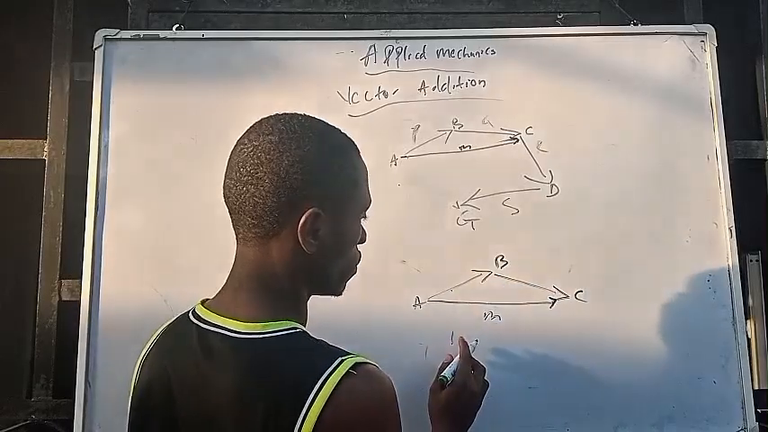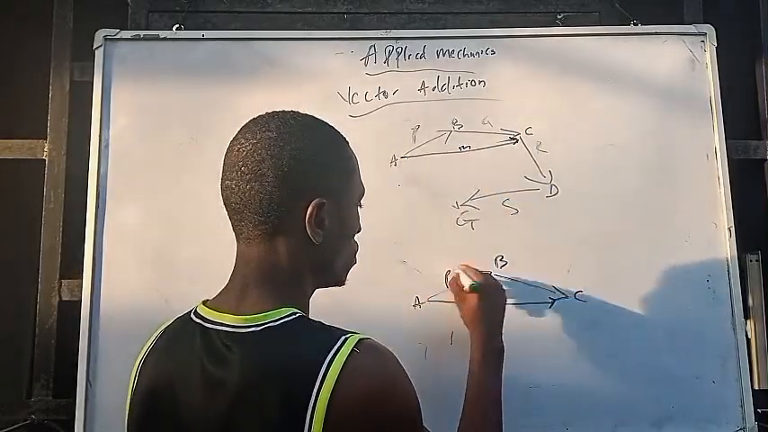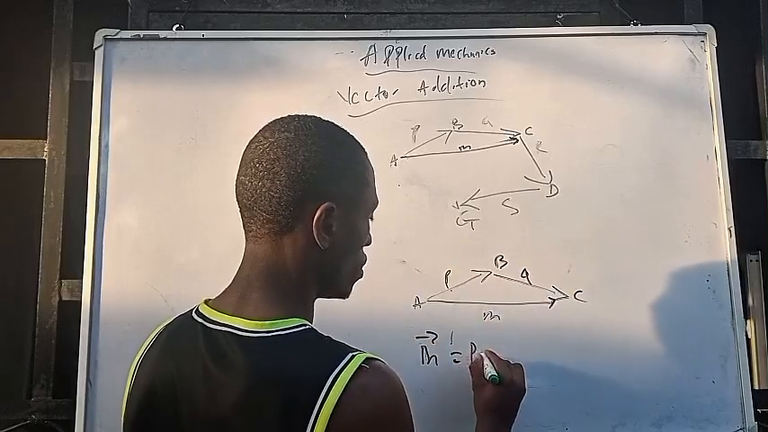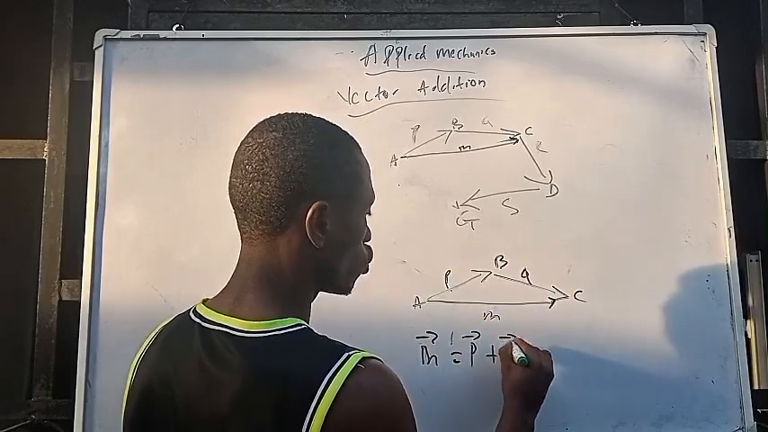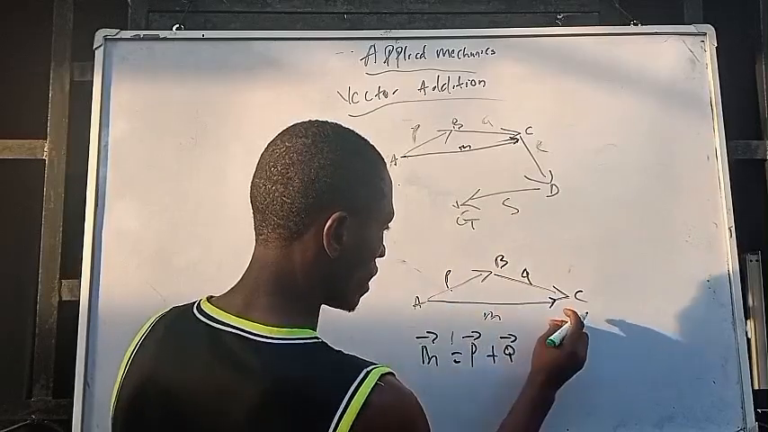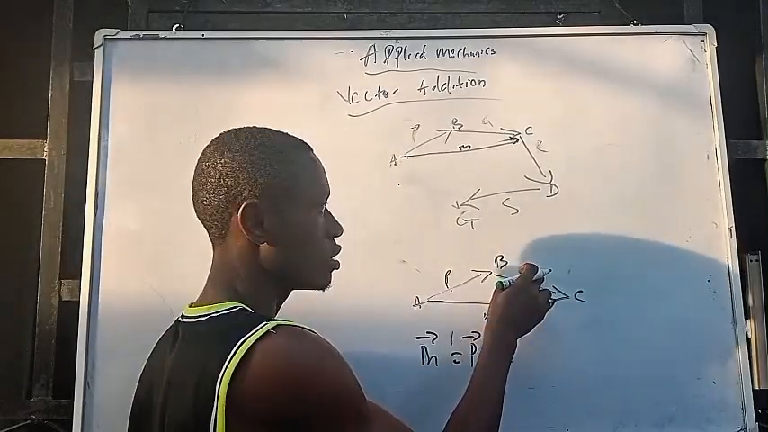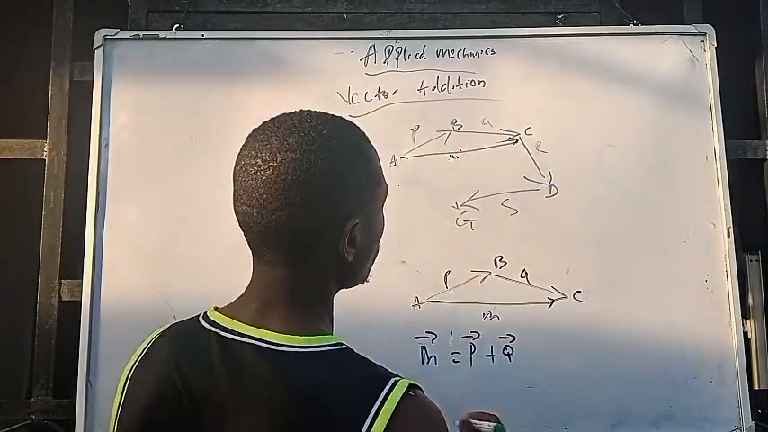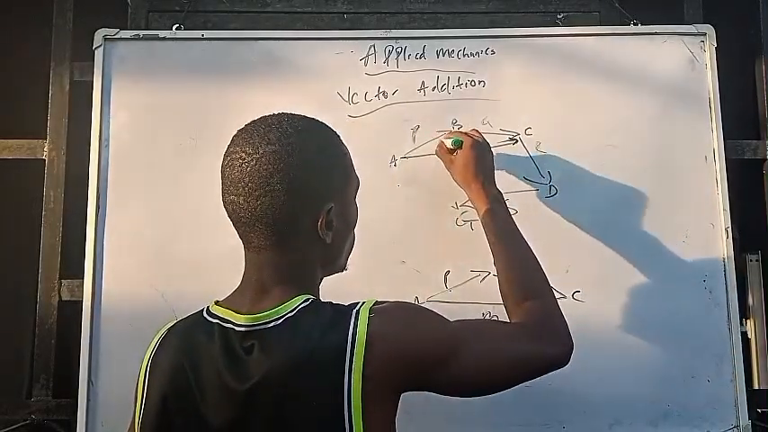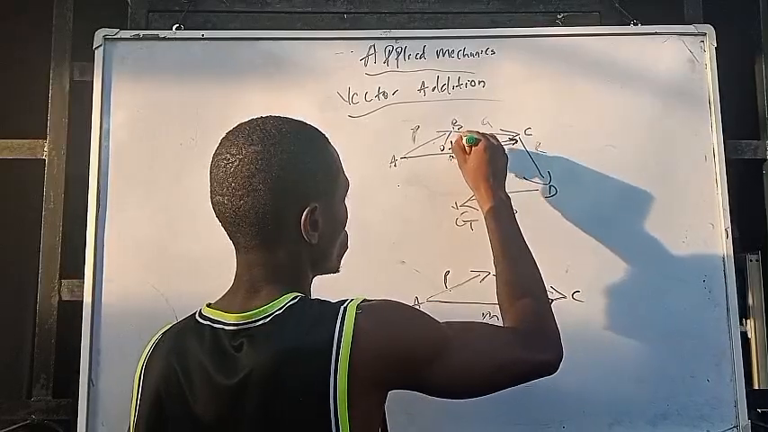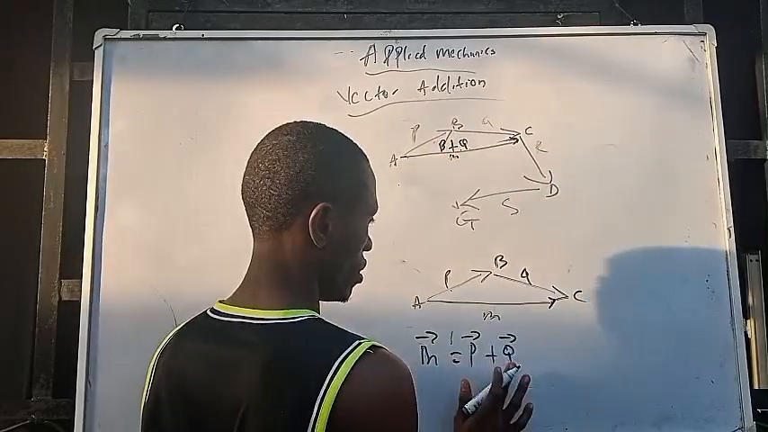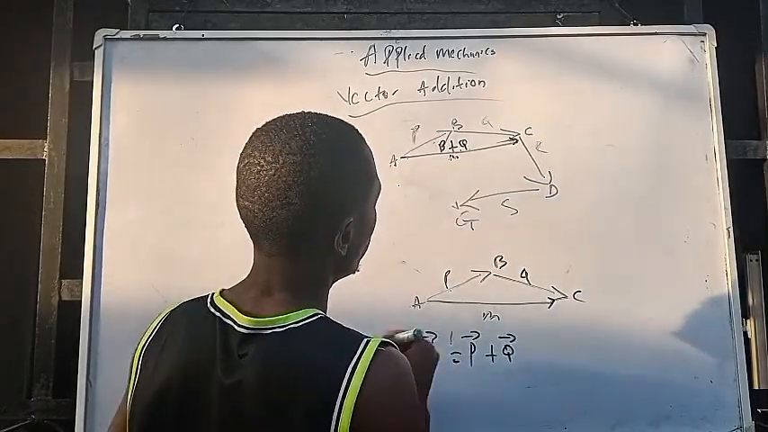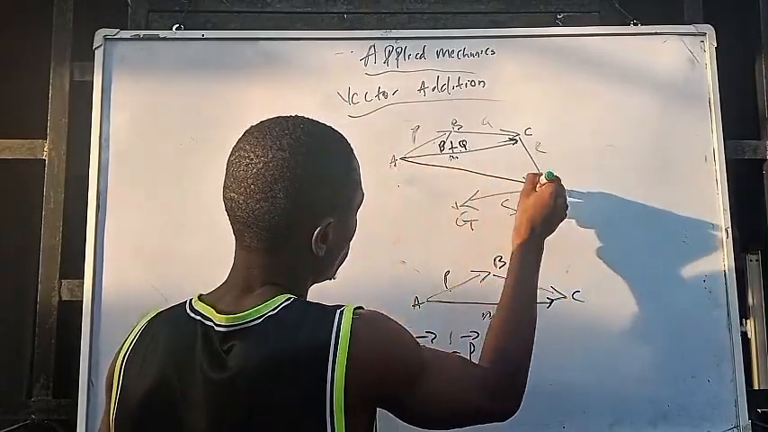So to find M, this is P, this is Q. To find vector M, we have vector P plus vector Q, because it's moving like this. So to find this resultant is this plus this. So that means this M, let me write the M here, now becomes P plus Q. Now we have resolved that. If you also notice from A to D,